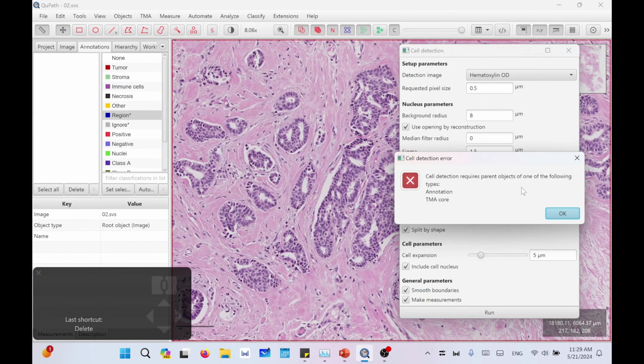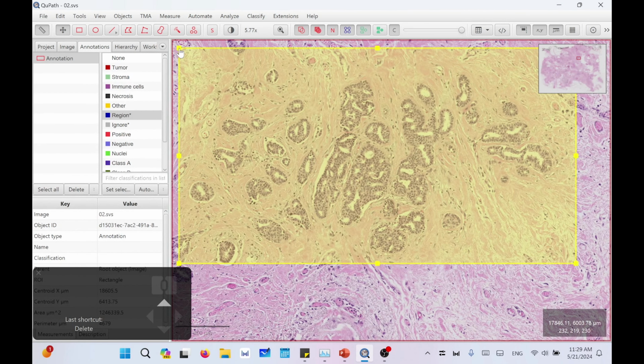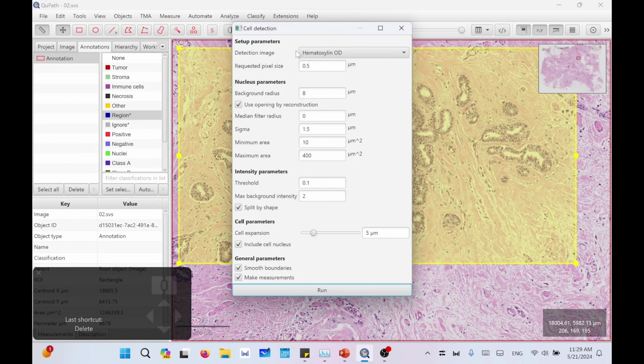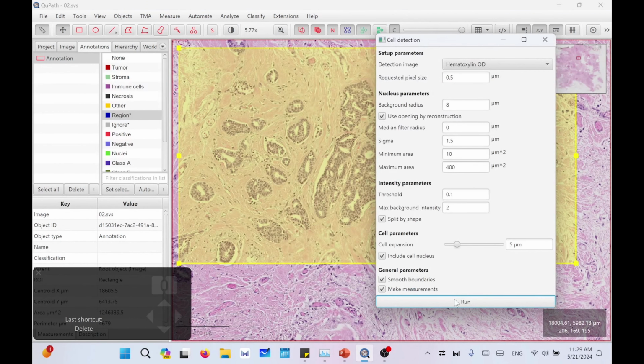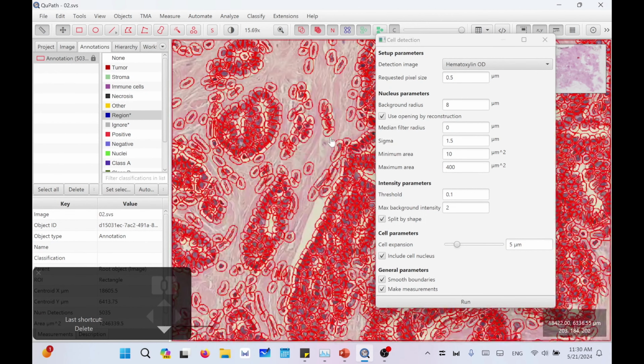It will give an error because there is no region that we need to select the cells into. So let's make a rectangle like that and press on Analyze, Cell Detection, and Cell Detection, and then press on Run. It will start to run, and the more regions you are selecting, the more resources from your PC or laptop it will use. As you see here, it has selected all the cells based on the intensities of the vectors we have calculated or calibrated,